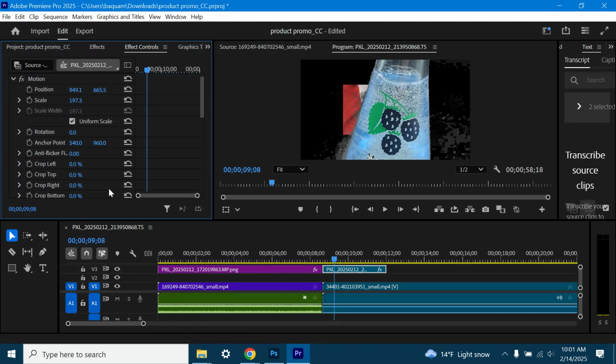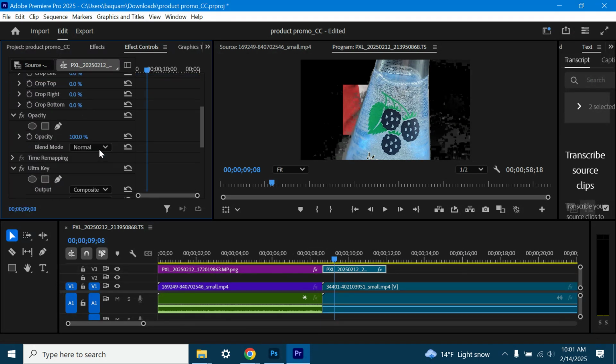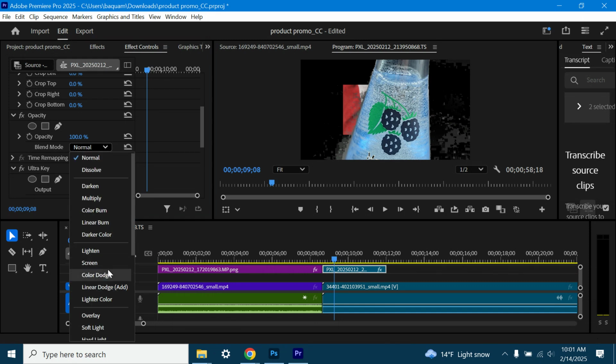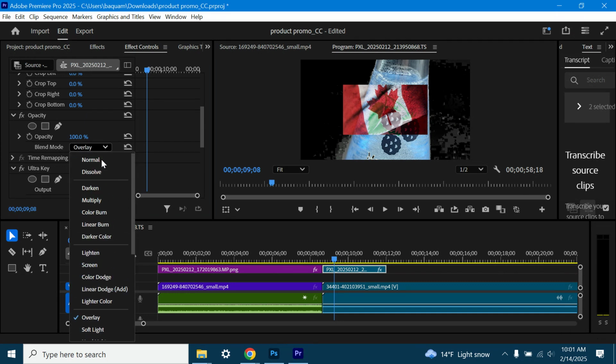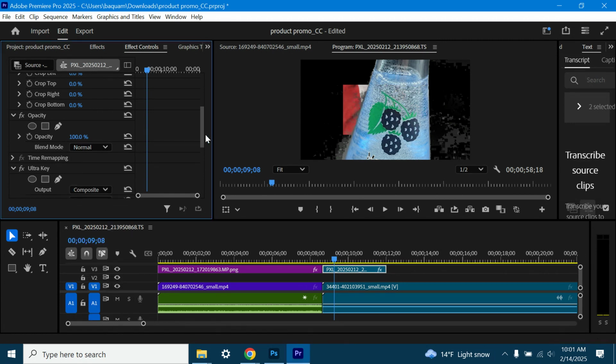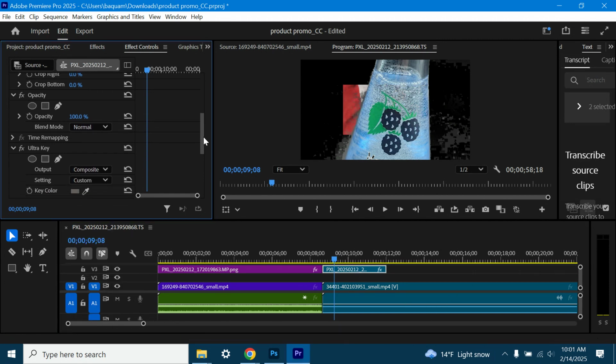I'll go back to Effect Controls. It's not perfect, which is okay. I probably should have used, whoops, instead of multiply, we'll do normal. You can do blending modes, by the way, just like in Photoshop. Sometimes that's kind of fun. So feel free to play with that. Go back, normal. It's just under opacity in your blending mode. But in your Ultra Key,